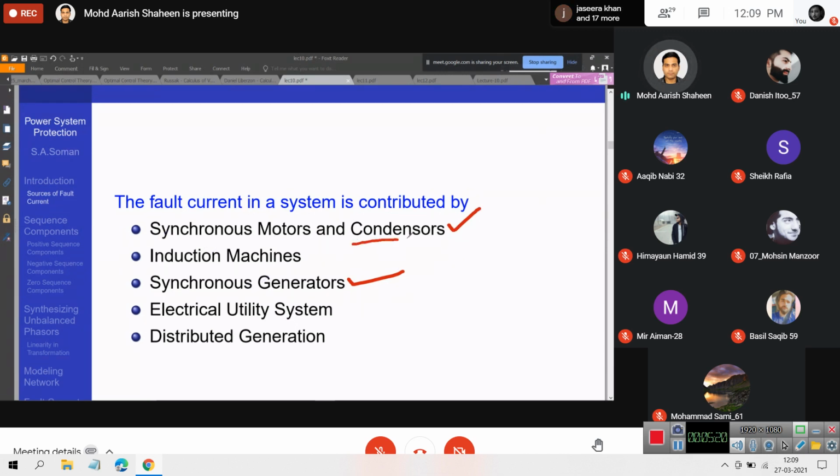What is a condenser? Anyone? Can anyone say? What is a synchronous condenser? Shabash. Leading load, supply leading. Yeah. It is basically a motor which we operate without load, and we operate it in an overexcited mode. And therefore, we typically have to inject reactive power. We can also extract reactive power from a power system. It is used for voltage control.